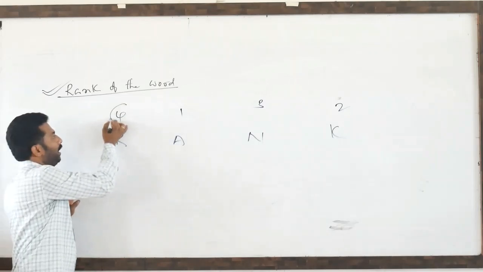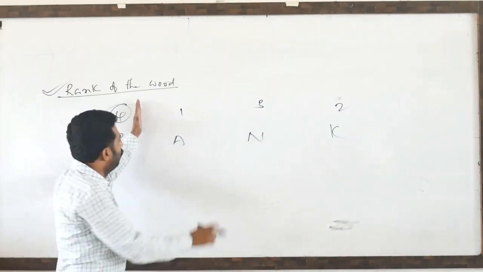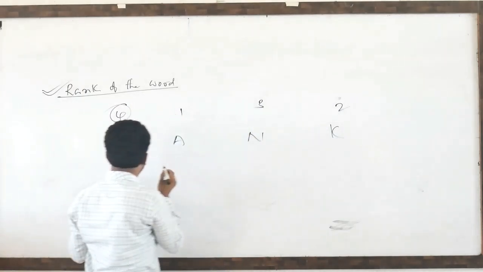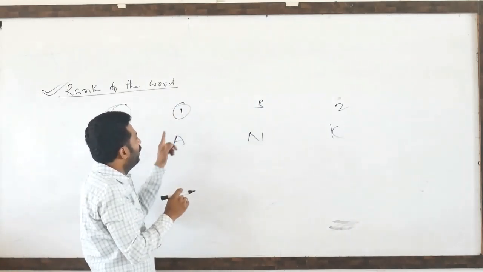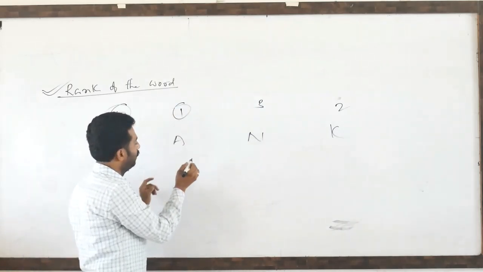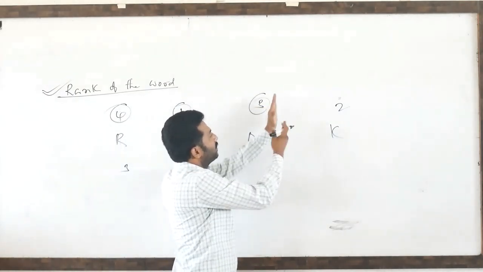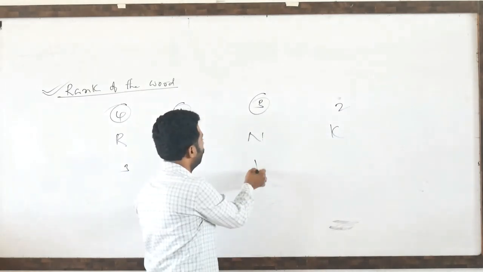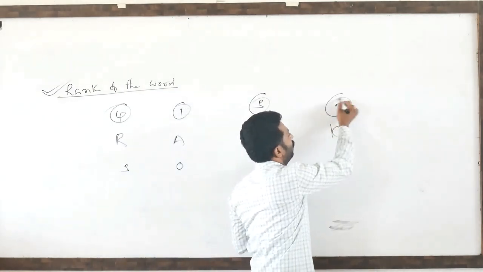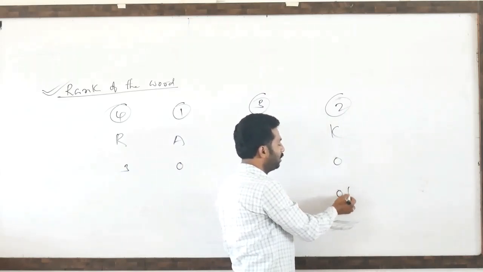First you choose the letter ranked 4; towards its right side, how many are less than 4? 1, 2, 3. You write 3 here. Then 1 you choose. How many are less than 1? No digit, means 0. Then this 3 you select. Towards its right side, how many are less than 3? 1. Then 2 you choose. No digit towards its right side, 0. Then what is the next step?